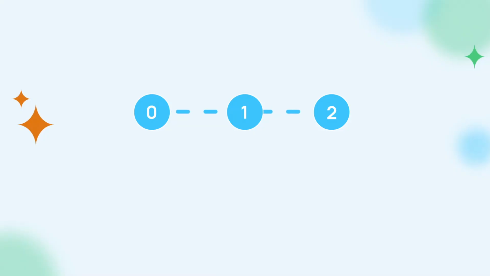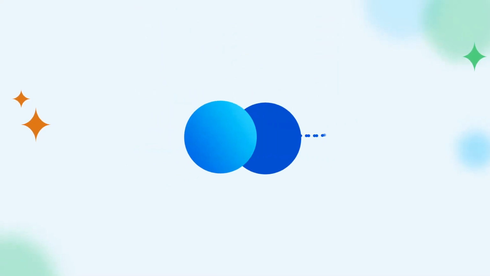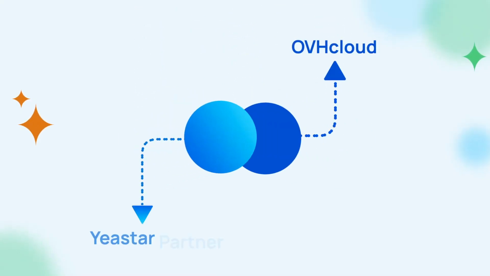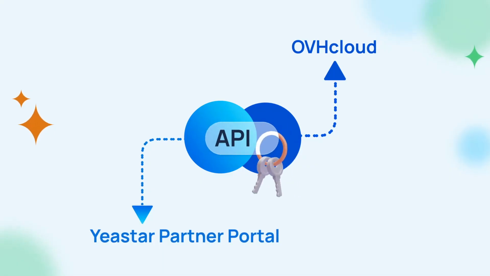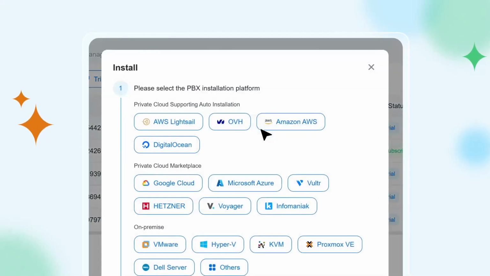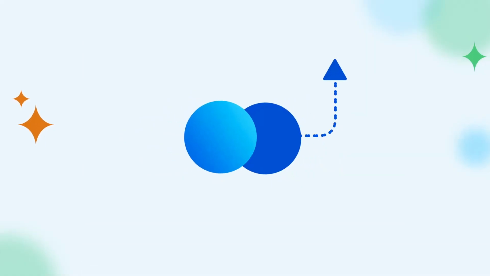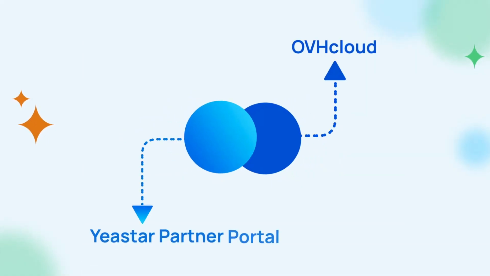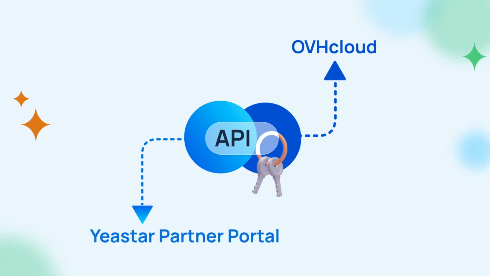Let's start with the basic concept. Auto install is realized by integrating Yeastar Partner Portal with OVHcloud through API. So all setup process can be done by simple clicks on the Partner Portal, without having to jump back and forth between two platforms. So to do it, we need to establish the API integration, then all feature developments can